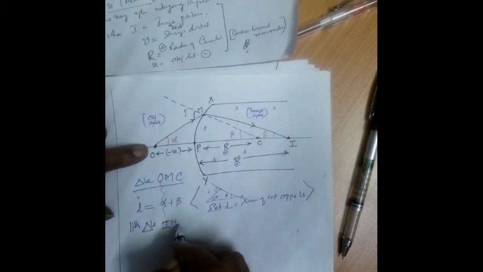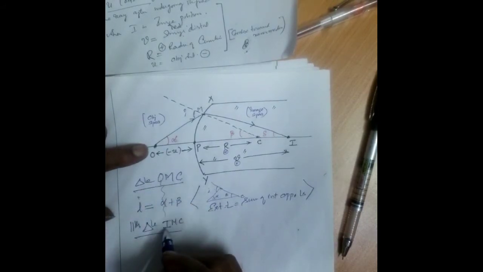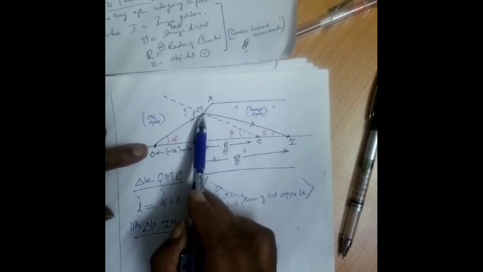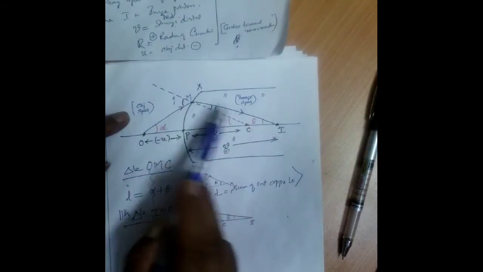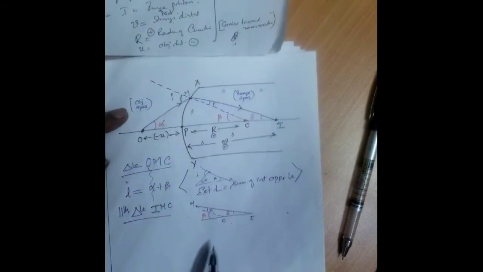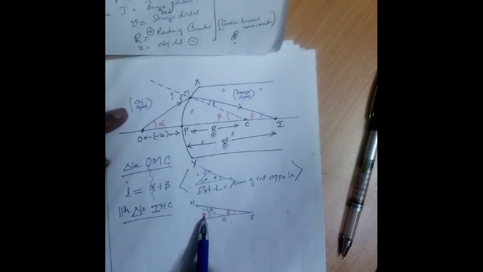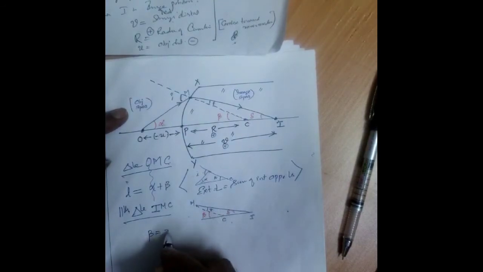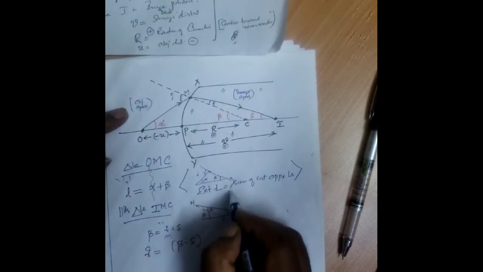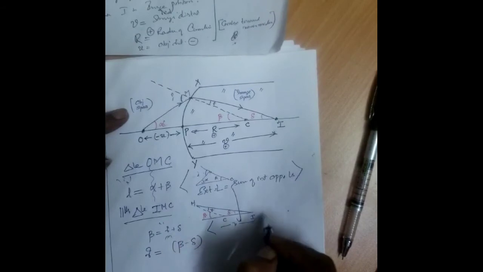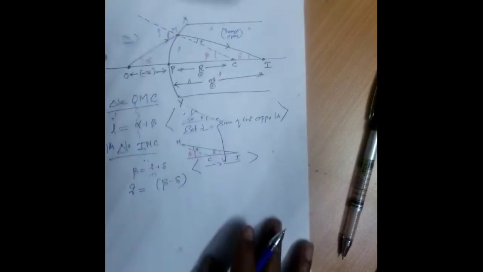Similarly, from triangle, object to I you take it. I, M, C. Object you write I. Now you search for the triangle. I, M, C. This is IMC, right? Therefore, this is exterior angle. Therefore, beta, exterior, equals sum of interior opposite angles. R plus delta. See, you have taken I. Here you want R. Therefore, R is equal to beta minus delta. This is also for the same reason. Exterior angle equals sum of interior opposite angles.